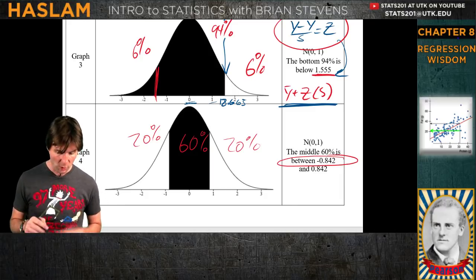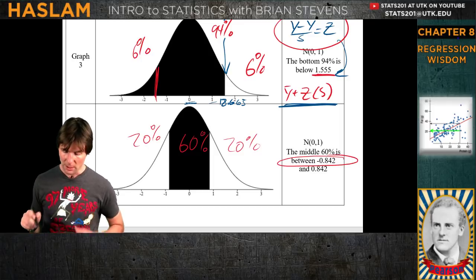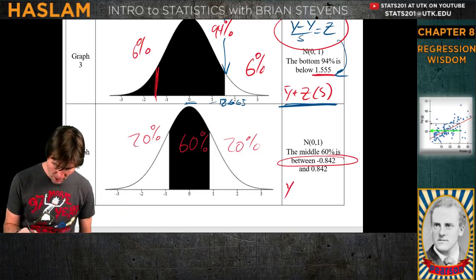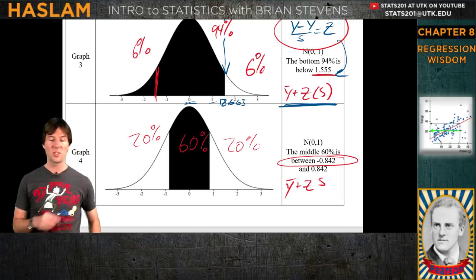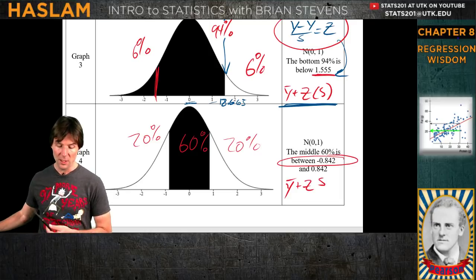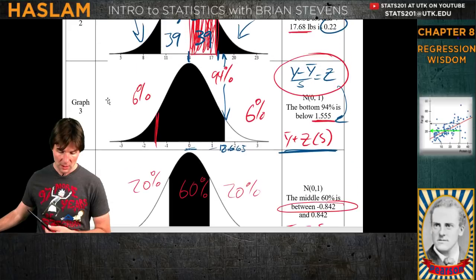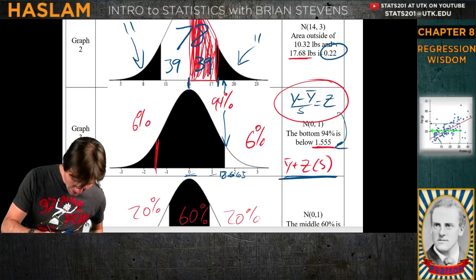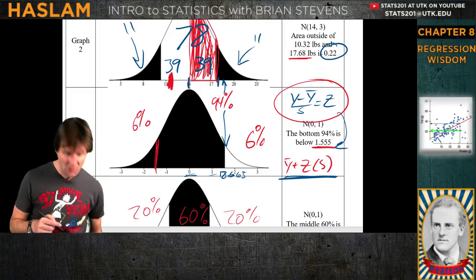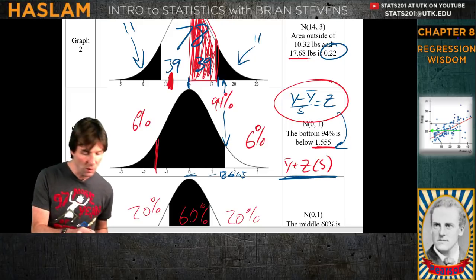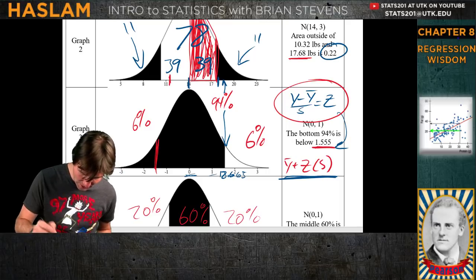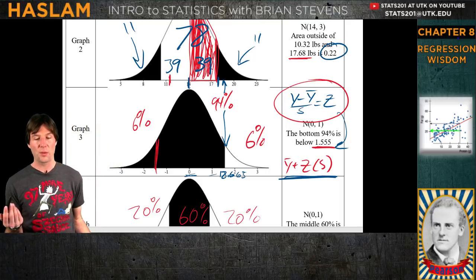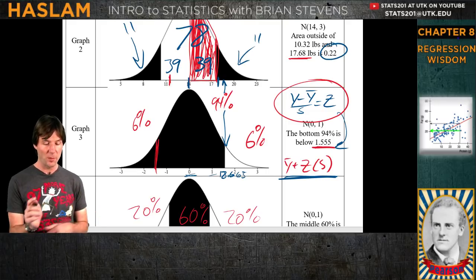So we would go here and we need to take this z-score and turn it back into an observation. Write down this formula if you want, but remember we're just going to take the mean and add to it the z-score times the standard deviation. If you had to take a guess, I'm going to get a little more than 11. Does everyone see where I'm marking that graphic right there? Because this graphic has the numbers on it, so I can use it to make an educated guess. Don't give this as an answer, but it looks like it's like 11.3. So my guess is 11.3 because of that graphic.